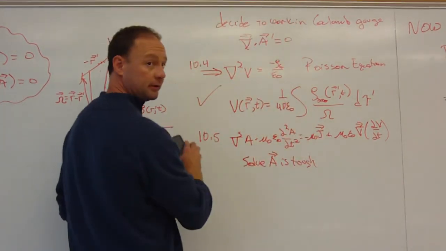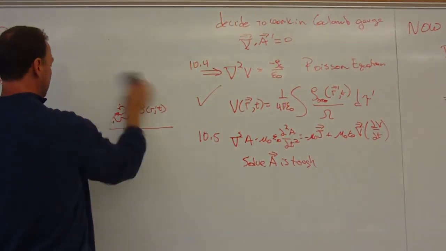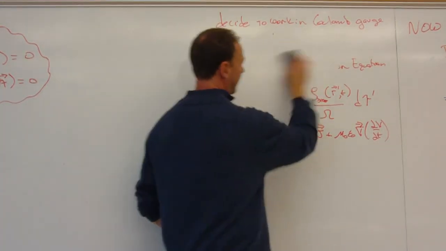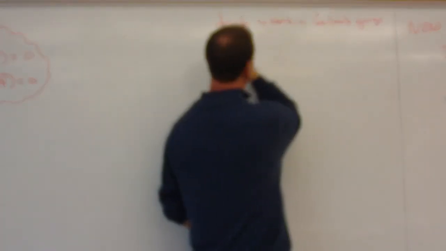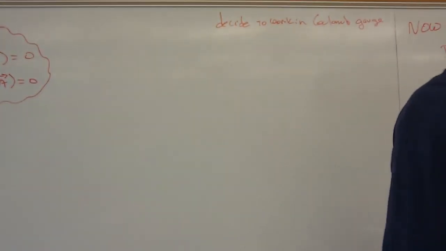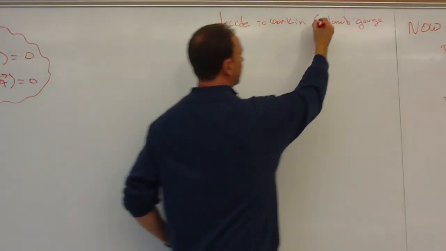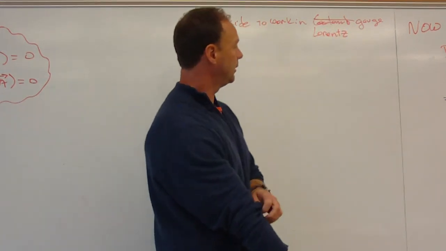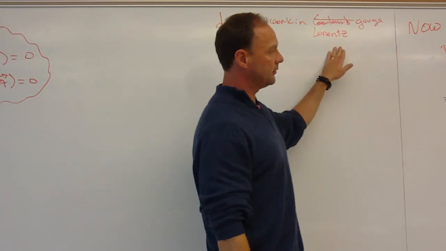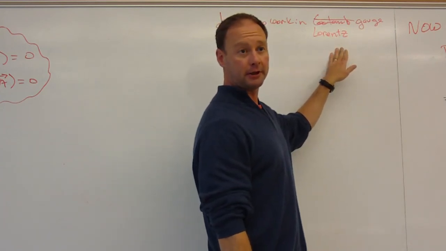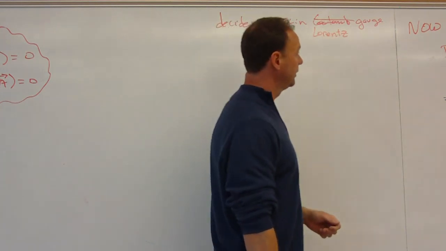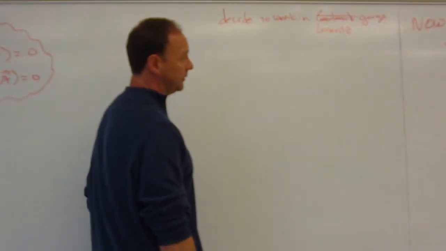So let me erase this, and then we'll go right to the Lorentz gauge. That's where we're going to do the rest of the material. There are good reasons, although I can't come up with them off the top of my head, to work in the Coulomb gauge. In quantum 2 and in particles, we do work there. So in the Lorentz gauge, we're going to say the divergence, we're going to choose a lambda